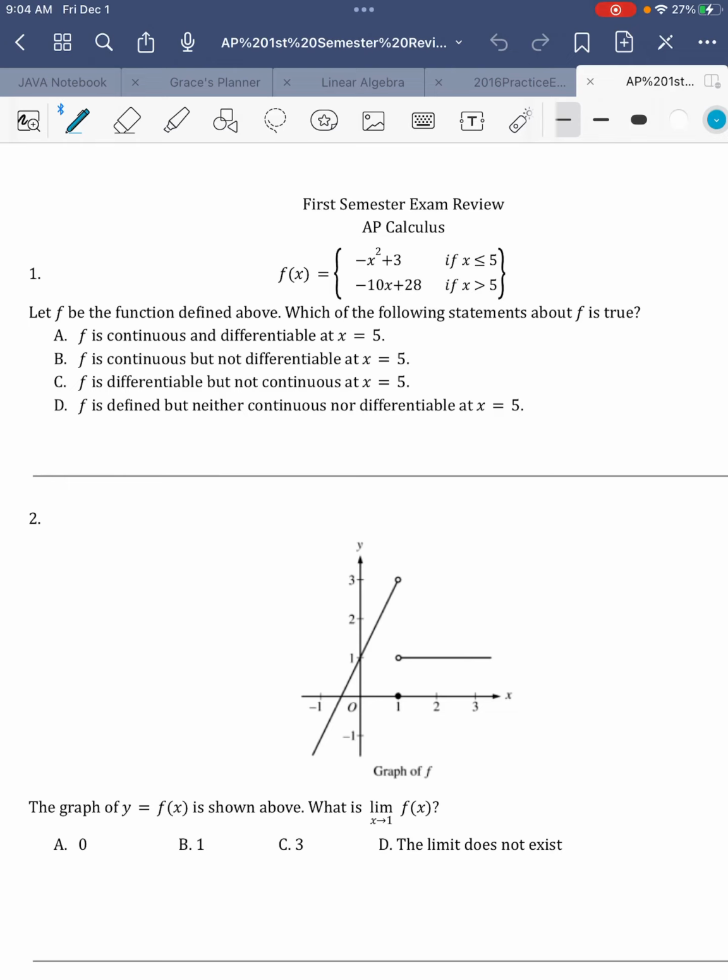If you look at all of your answers, they're all saying things about continuous and differentiable. So we have to figure out, is this function continuous and is this function differentiable? Continuous means that the limit as we approach our x value from both sides is equal to the value of the function. Easiest way to do that, though, is we just plug in